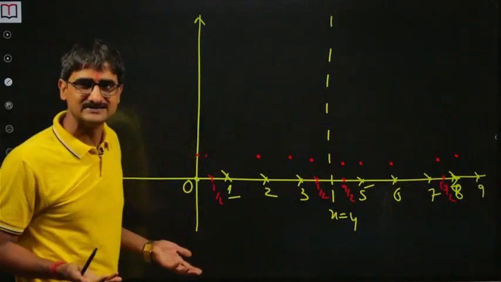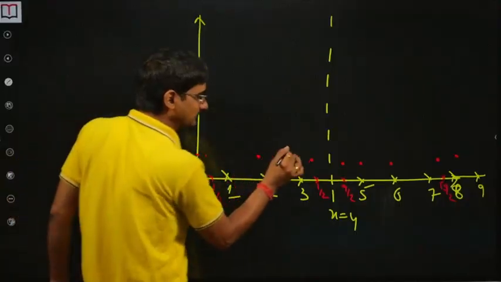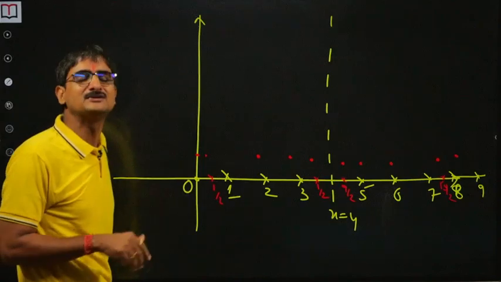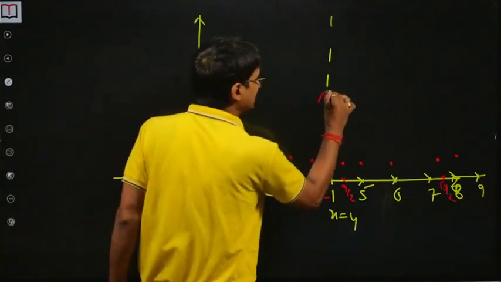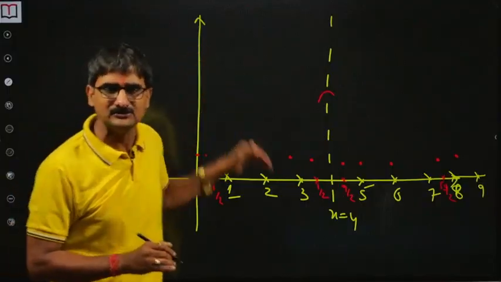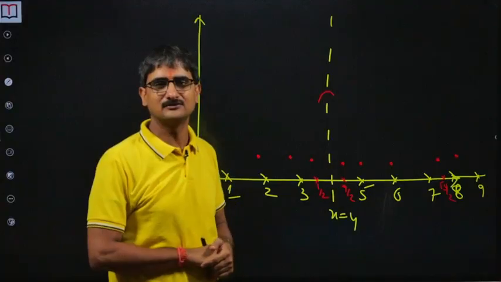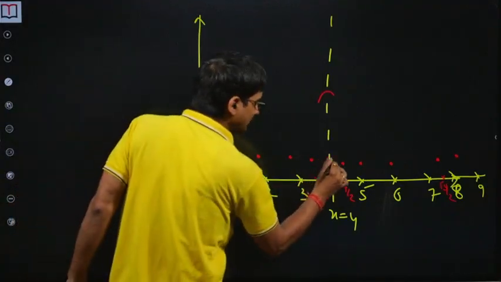At how many points is the derivative 0? 1, 2, 3, 4, 5, 6, 7, 8, 9, 10. And one more thing, since it is symmetric and a differentiable function, it has to be 0 at 4 also. Why? Because there needs to be a turn for it to be symmetric about the line x equals 4. So this is 0 at 4 also.